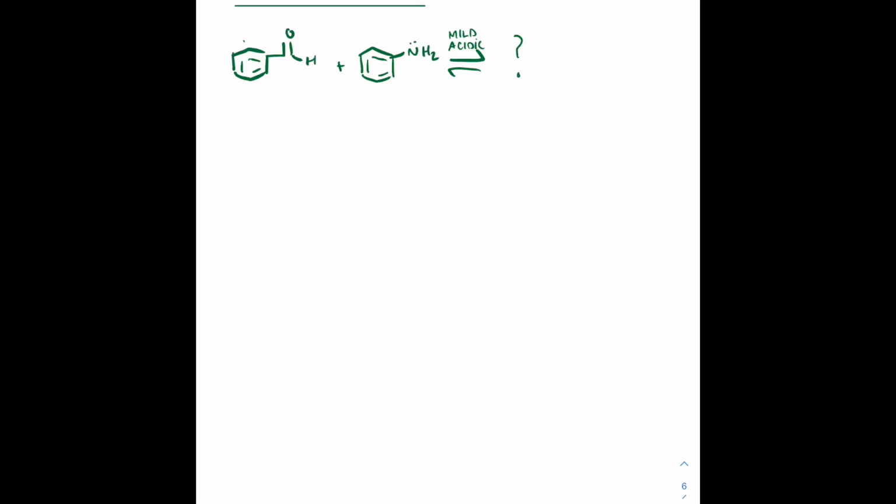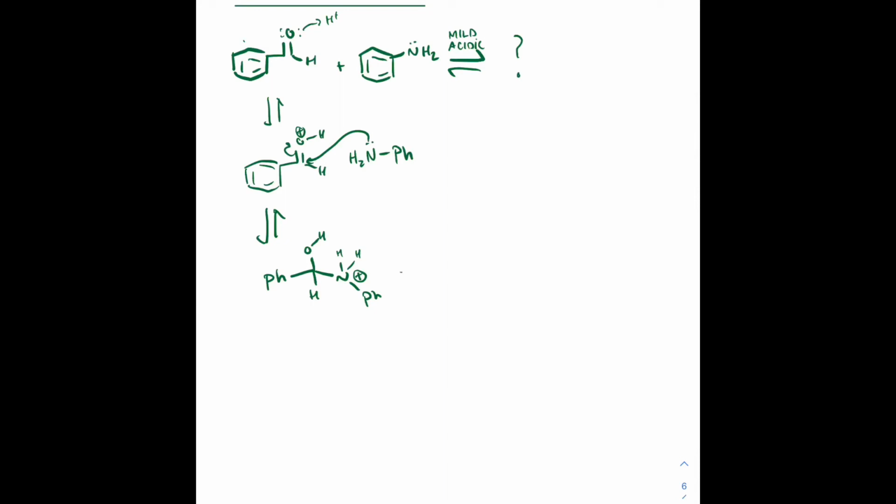Okay, well, if you paused it, what I would encourage you to think about is what these two things are. We have a carbonyl carbon, we have acid, we also have an amine, so a good nucleophile, right? We just need to make it a little better by protonating that oxygen on the carbonyl with that acid, followed by nucleophilic attack gives us our, I'm going to abbreviate our benzene rings as Ph for simplicity as well as clarity. We have our charged intermediates, then we can do proton transfers,